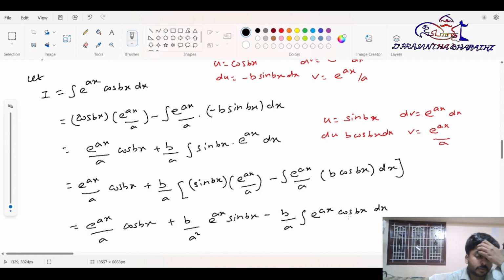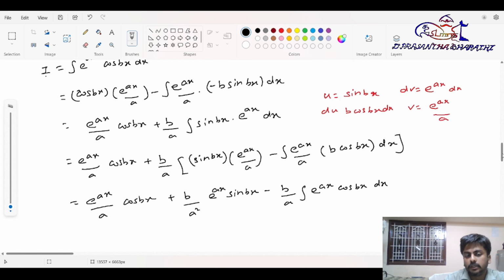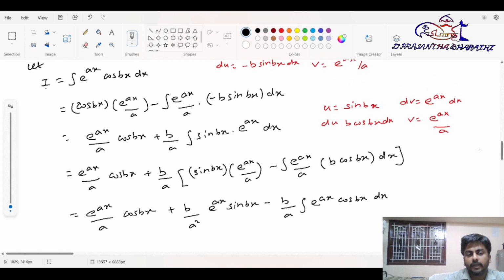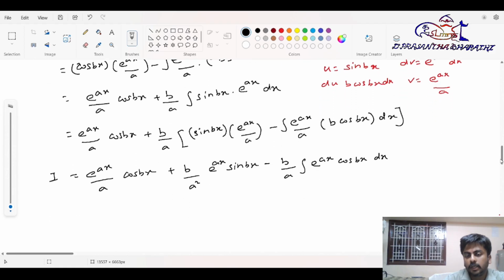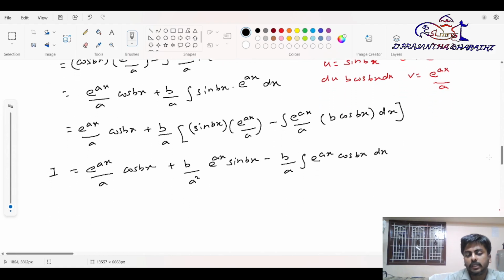Have you seen it before? Yes, we have seen it before. It is nothing but I. So you can substitute this as I, but you are actually finding the value of phi. In the value of phi you are having I, so at this place you can stop the process of continuous integration. So you are getting I equal to e power ax cos bx by